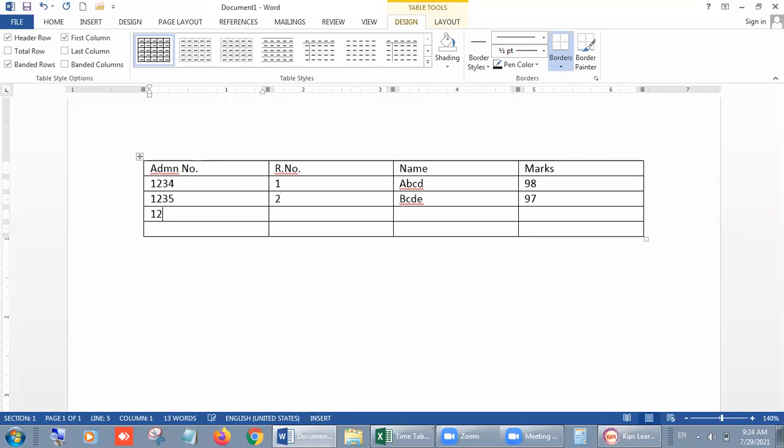Again 1 2 3 6, roll number 3, CDEF, and marks is 95. And one more we can enter, roll number 4, DEFG, and marks is 99. Okay, so students, this is our table.